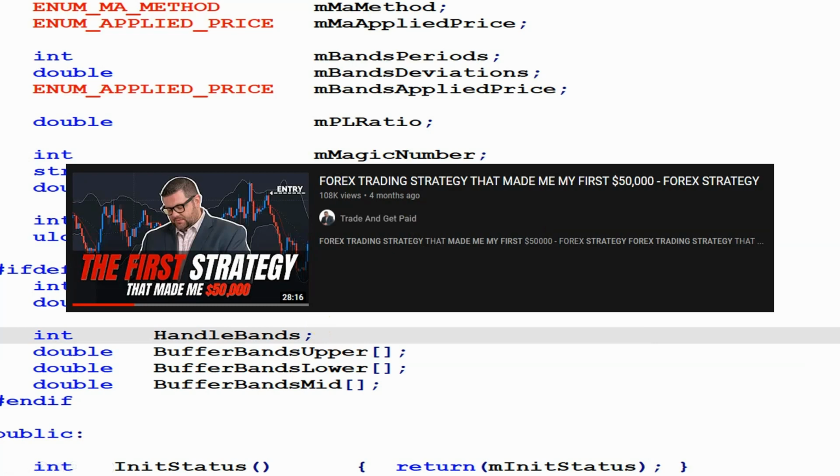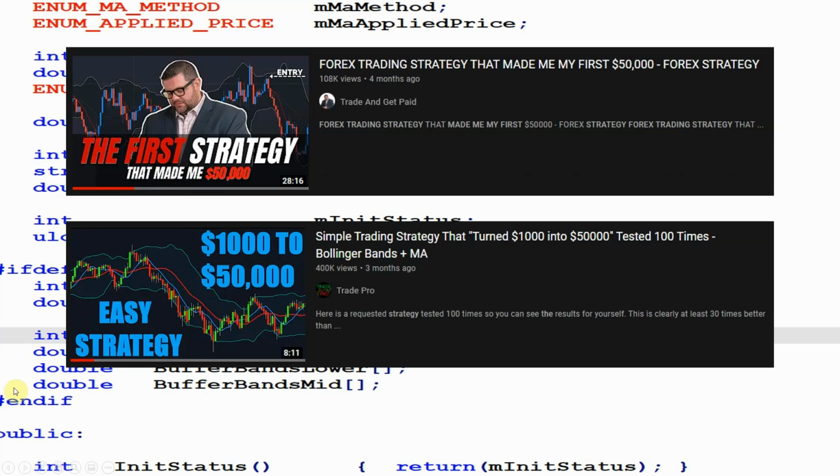I don't know if this is a good or a bad strategy. I haven't done any work to verify this or test the strategy at all, but I thought it was a good idea to try to write an expert advisor that implemented this. The strategy has been reviewed by Trade Pro, and I'll also put a link to the Trade Pro video in the description below. The Trade Pro review shows that this strategy is perhaps not as successful as it was claimed. But then again, there is some interpretation, and perhaps it wasn't implemented exactly as planned. So I'll leave it to you to decide whether this is a good or a bad strategy. I am not promoting the strategy in any way, but it is interesting for programming purposes.